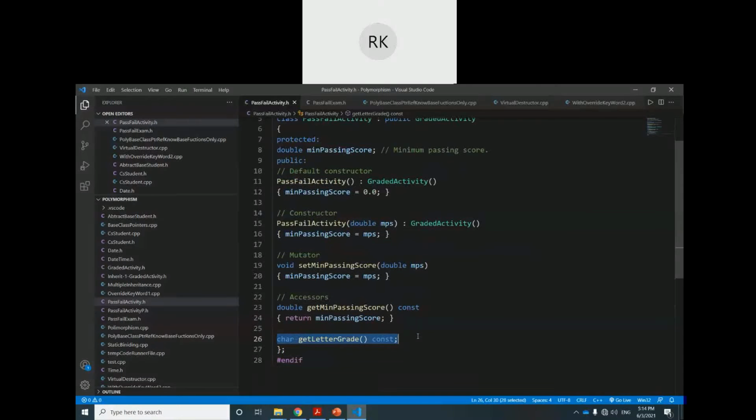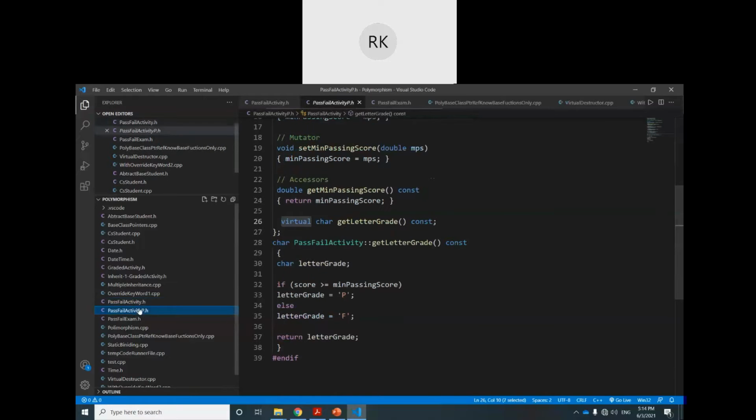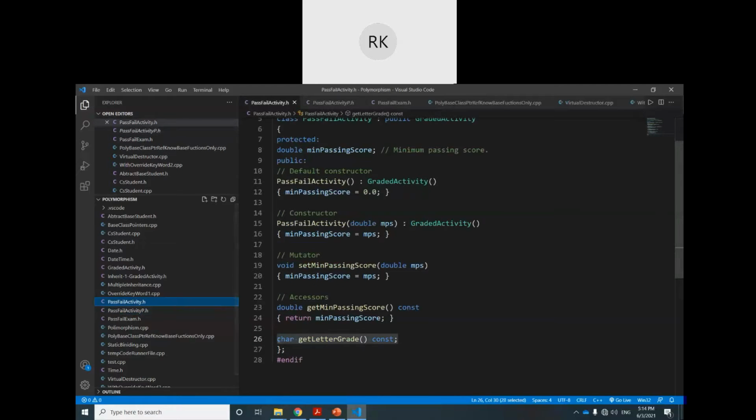But this one is not virtual. Maybe I am using another one. Okay, we can change the same one to virtual. The pass fail activity returns the letter grade. This is the main function.